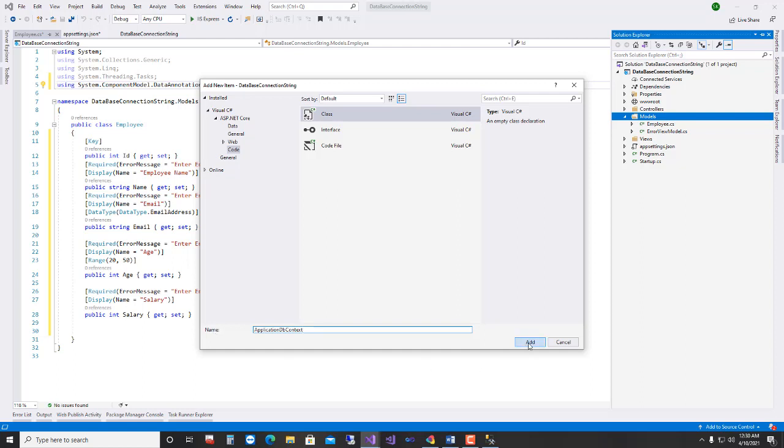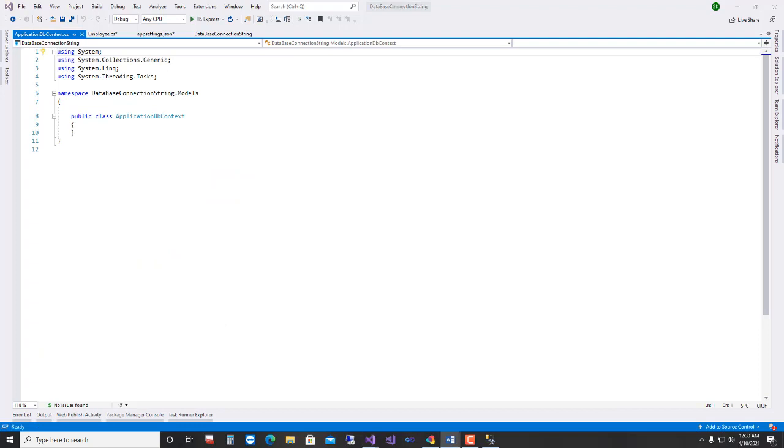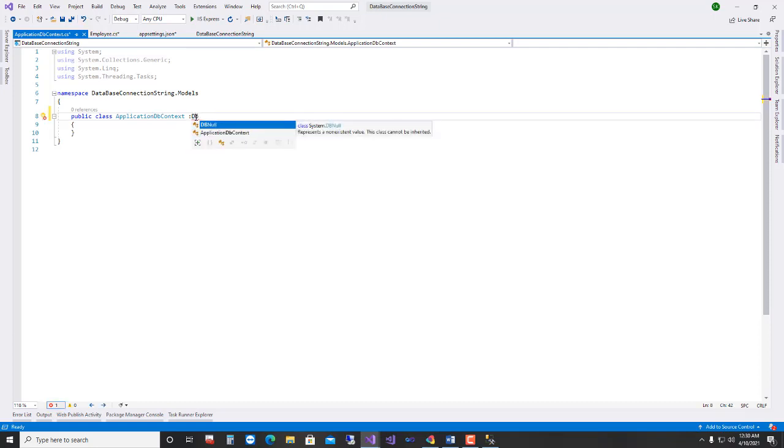Click on add button. First of all, I inherit DbContext.